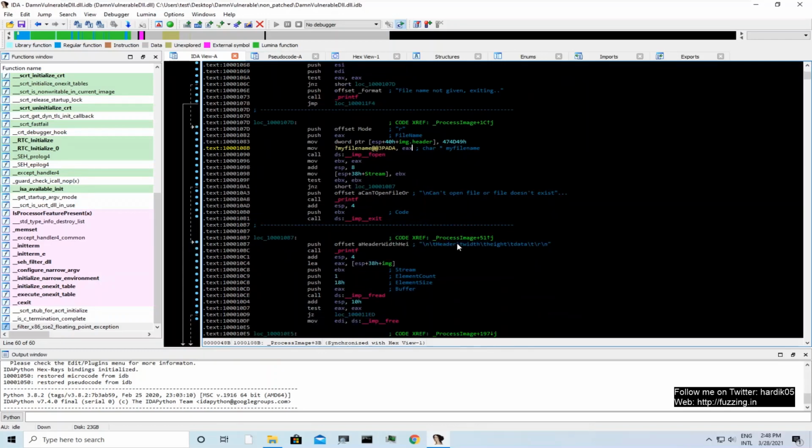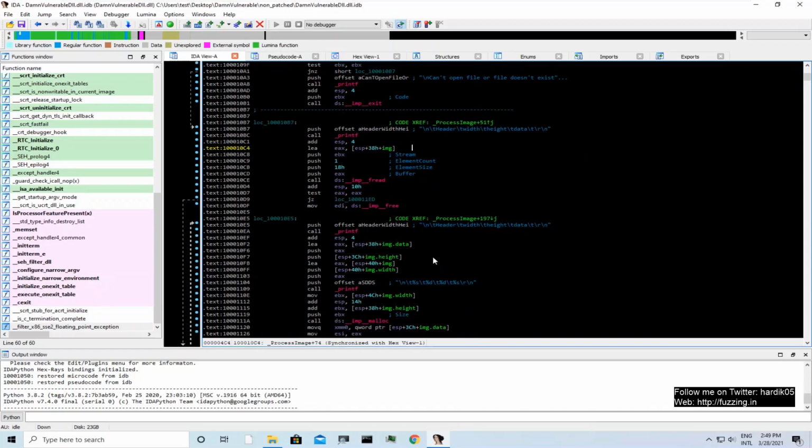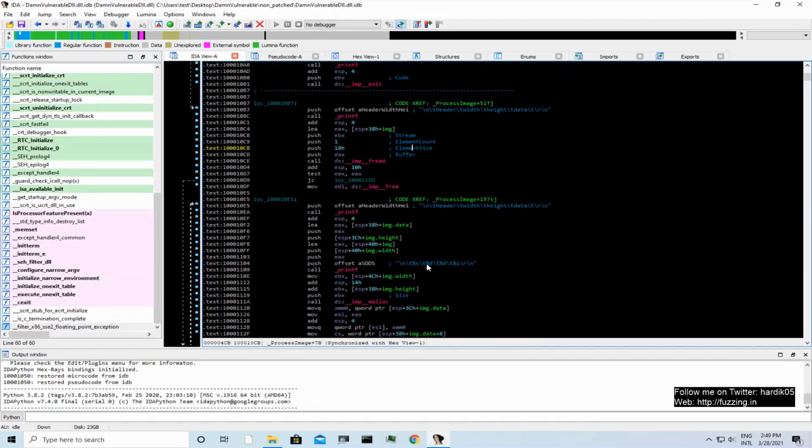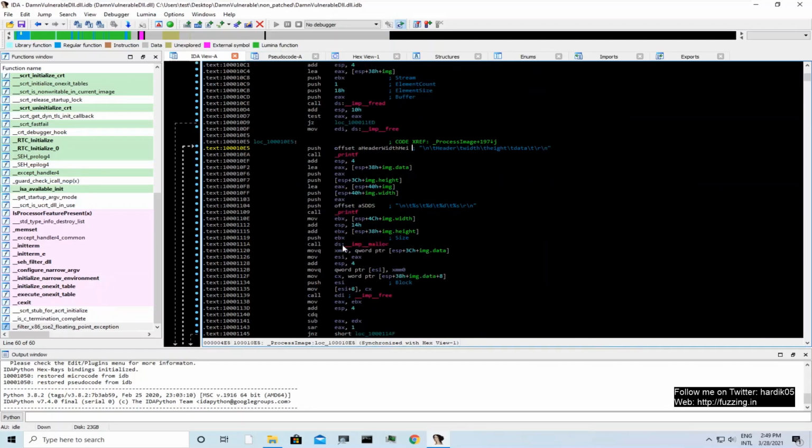it tries to print the header, width, and height from the file, and there is an fopen call. It basically prints different values here. You can see there's %s, %d, etc. Then here it is reading the image width and image height, and you can clearly see that it calls malloc.